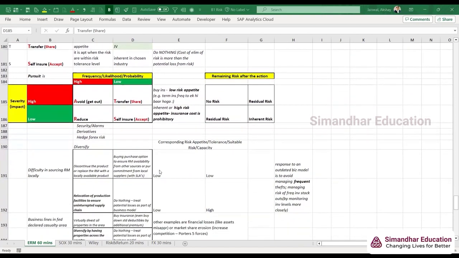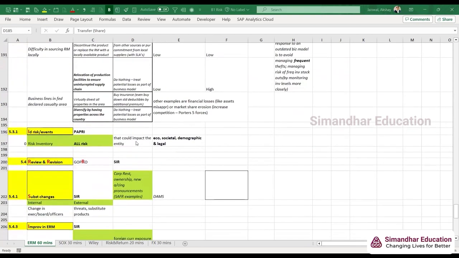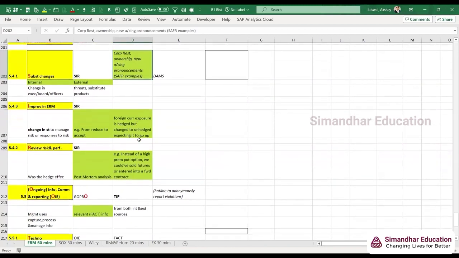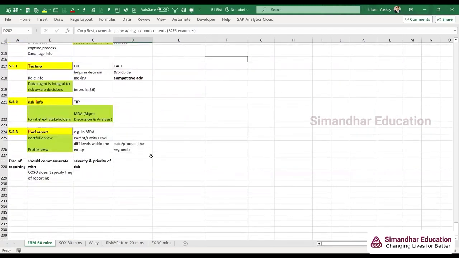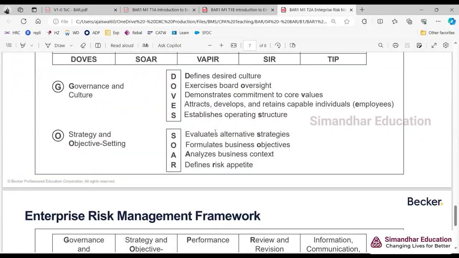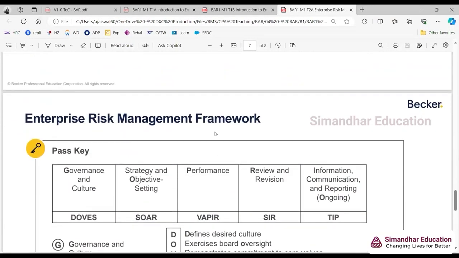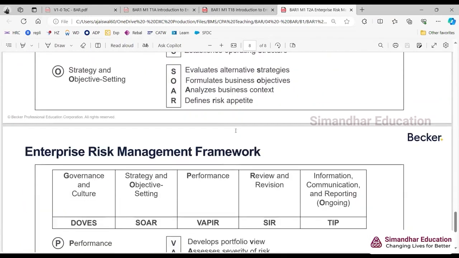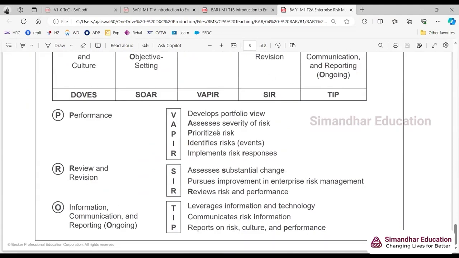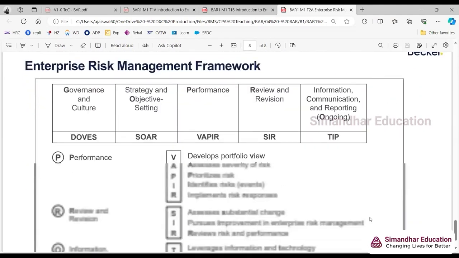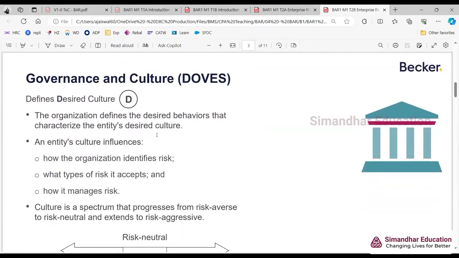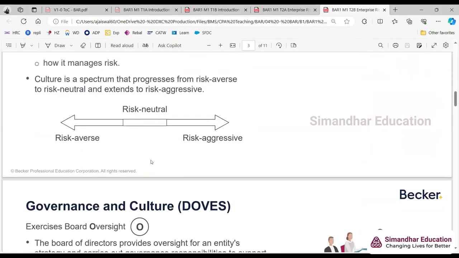There are certain other examples you can see from the Excel later on. Substantial changes. So corporate restructuring, new accounting policies have occurred, etc. Right? Everything else I think we have discussed. Now we'll go through the book, just to show you that we have covered everything. So see, desired culture, etc. This is just from that table, right? Either you can take a printout of these 2 pages, or you can take a printout of that Excel. So in detail, it is mentioned here. All the things we have discussed already.